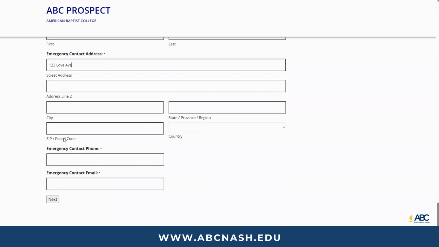And again, this is a section where you want to make sure you're filling in all of the boxes because it may very well let it go through because it's not required, but you definitely want to make sure you're giving us full information to be able to reach out to the individual to assist you. And then their phone number and their email address.